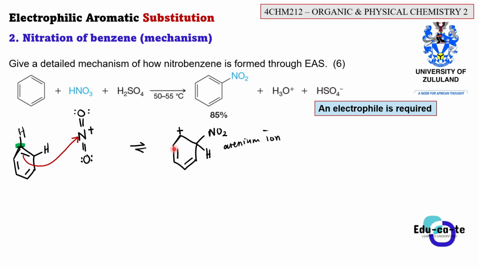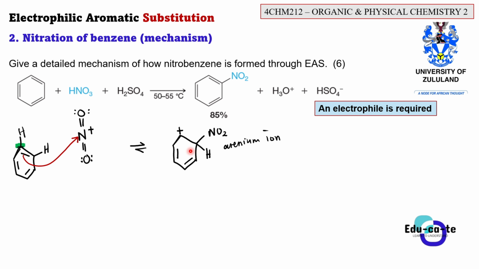Remember that always during electrophilic aromatic substitution reactions, the final product must always be aromatic like the initial product. If you don't know what aromaticity is, check out my videos on that. Okay, so basically this nitrobenzene, we need it to be aromatic. We need a bond here, but where will it come from?